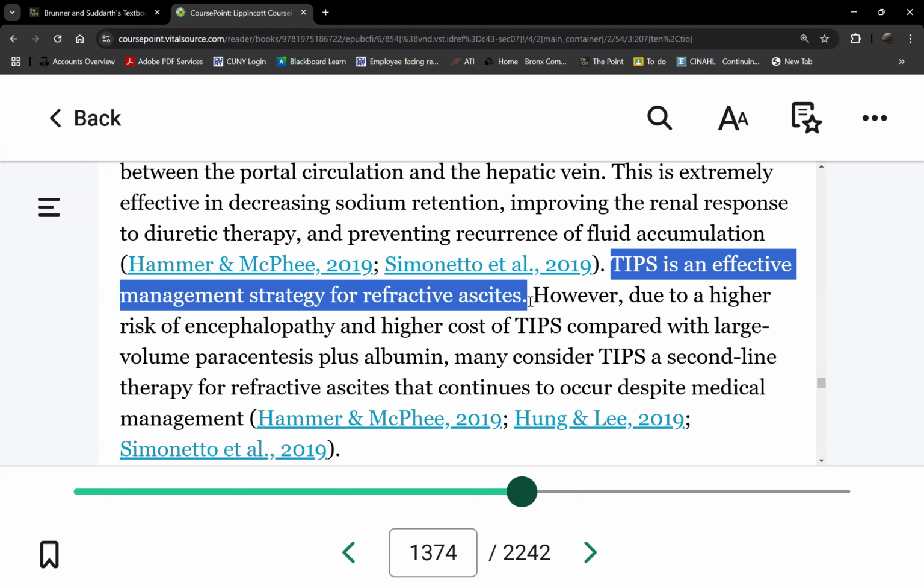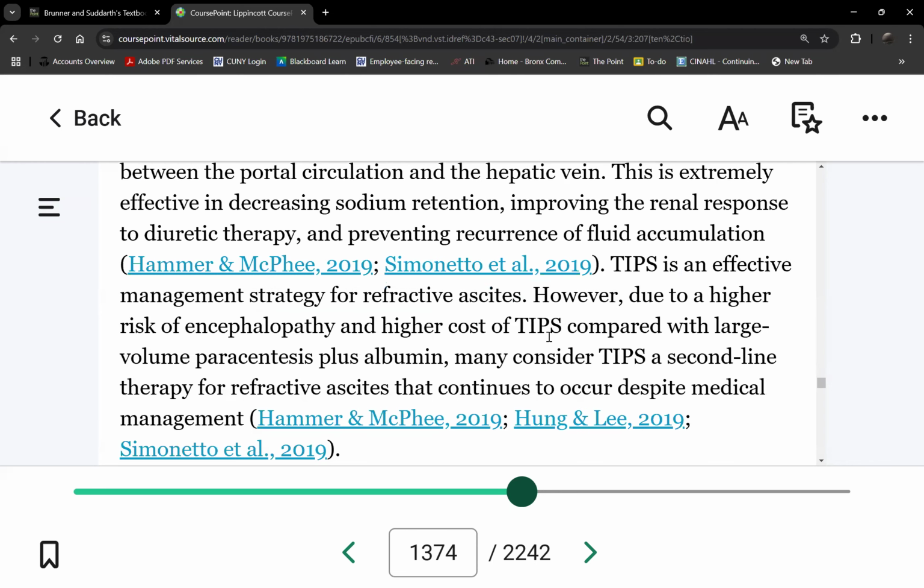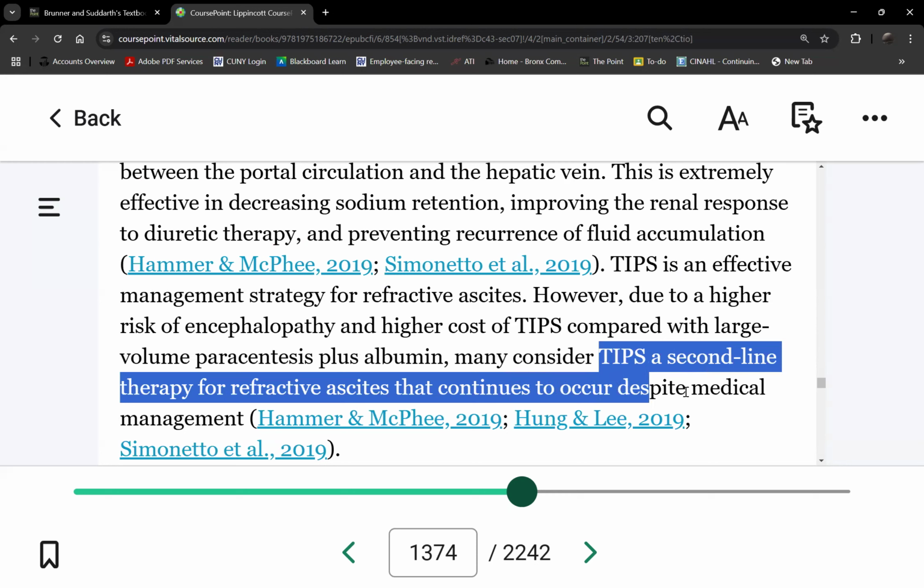I already did nutritional therapy, I'm already doing diuretics, and it's still accumulating. That's refractory ascites, which is usually present in end stage. So again, this is not first line. It tells you clearly here: TIPS is a second line therapy for ascites that continues to occur despite medical management,